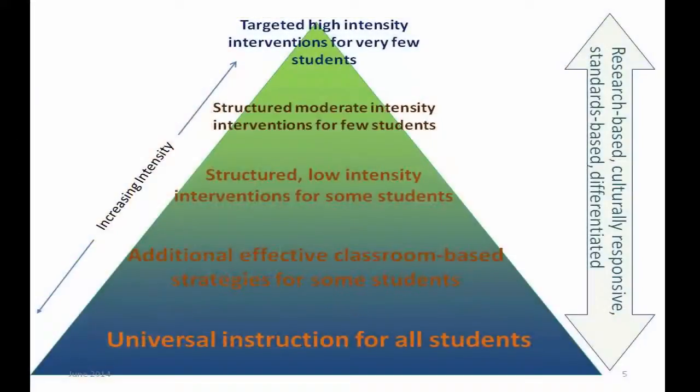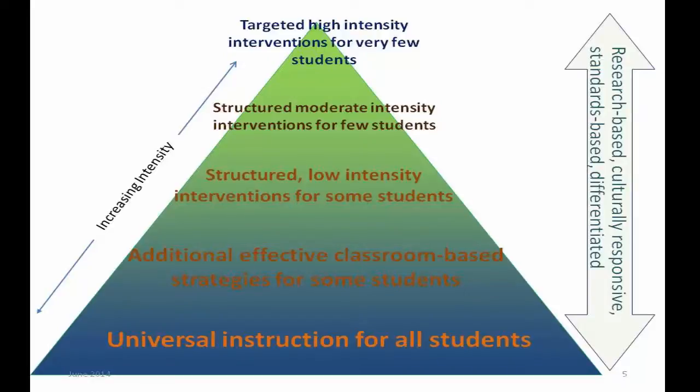So when we're talking about making that SLD eligibility decision, we're really talking about one particular piece of your broader multi-level system of support, or RTI system. So here's a graphic of a triangle, and this graphic of a triangle is not meant to represent the fact that a school should have 5 different levels in their multi-level system of support or RTI system. It's really just meant to represent the idea that a comprehensive multi-level system of support includes various levels with increasing levels of intensity,